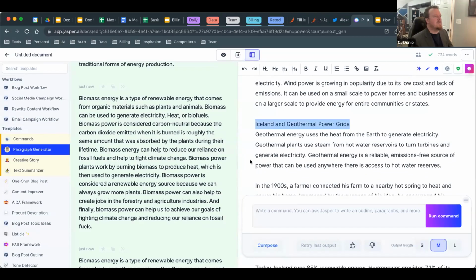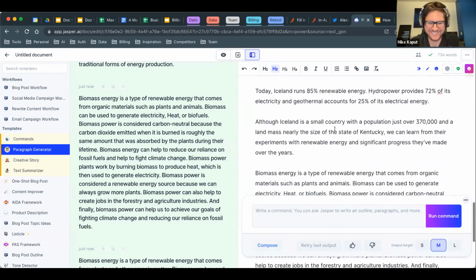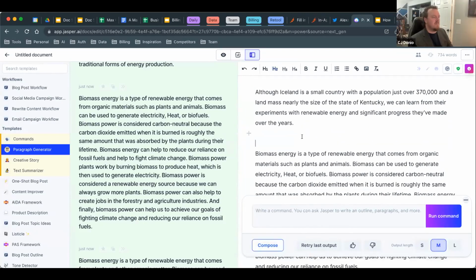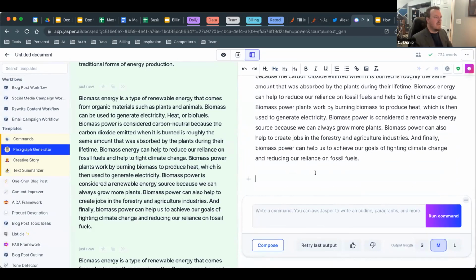Okay, again, let's make that. Oops. I'm doing commands for my passwords. You guys don't really see that. There we go. Let's add an H2 here. And then I think I'm missing one on biomass and maybe the other. Let's do one more thing here. Give me an example of someone using biomass effectively.